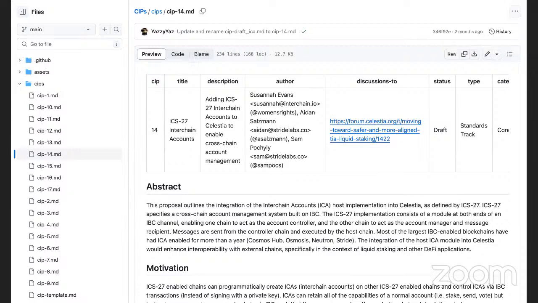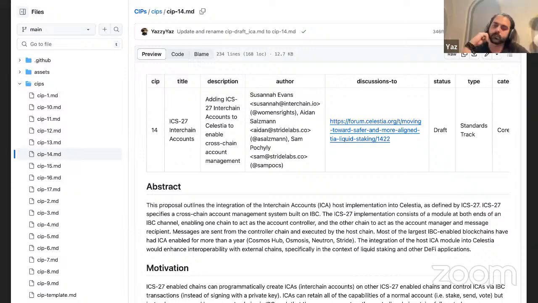Yeah, I overheard that it was blocked, but Stride already responded on the forum post. I think they just need to translate that into the CIP, basically the list of allowed messages, and then we can move this CIP from draft to in review. Okay. Does that seem reasonable?